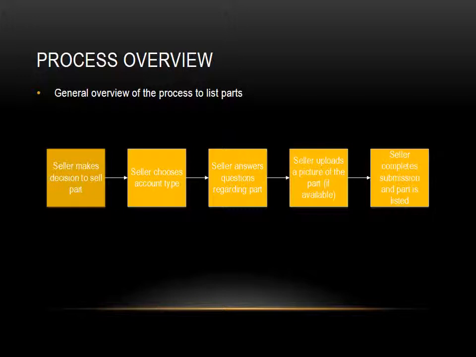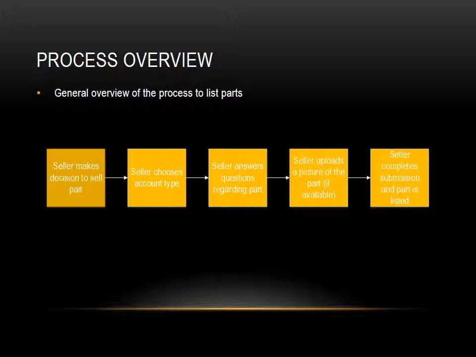And this is the general overview of the process. I felt it necessary to put a broad picture of the process up here to illustrate the steps a seller has to go through in order to sell a part. First, the seller has to make the decision to sell the auto part online. The seller then needs to choose the account type, either a pay per listing account or a monthly subscription with no pay per listing fees. And then the seller would move into a Q&A